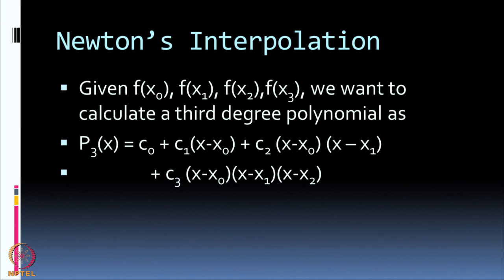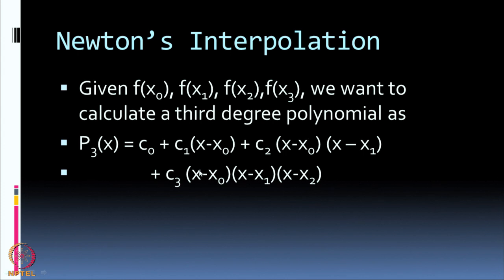Whenever you have 4 points, you get a third order polynomial. Whenever you have 2 points, you get a straight line. Whenever you have 3 points, you get a parabola. So, I would want you to work out how to get a parabola given x naught, x1, x2 and f(x naught), f(x1), f(x2). I will leave that as an exercise. Now, we want to program for this P3(x). So, we want to determine the formulae for C naught, C1, C2 and C3. That is the whole strategy in Newton's interpolating polynomial.